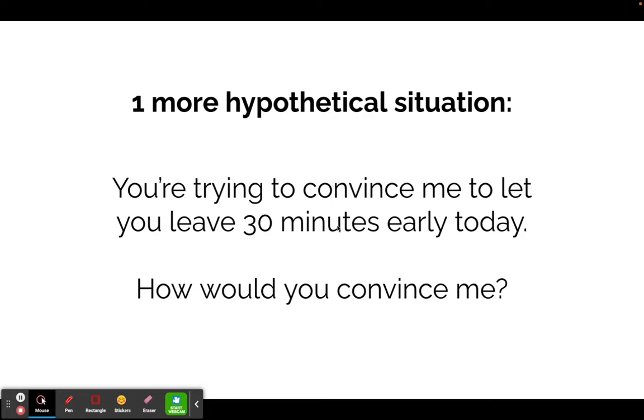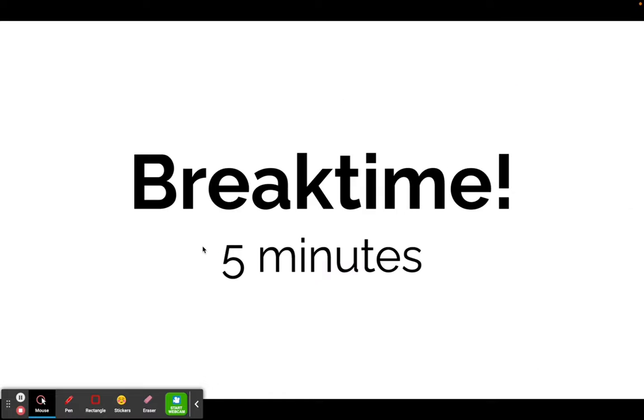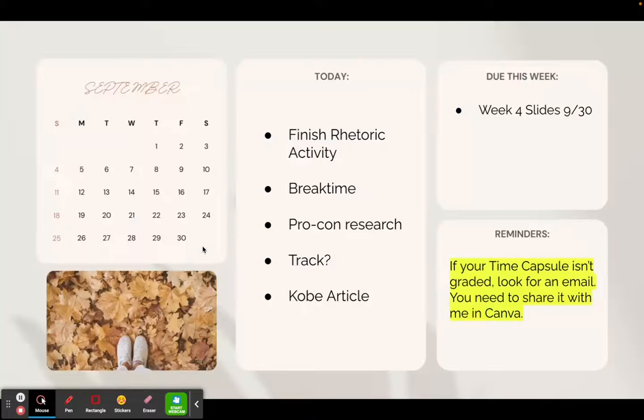And then we had a conversation using this prompt. And the whole point was to talk about knowing your audience and why it's important to know your audience and what you can do to practically write for your audience, meaning what are some specific things that you would look for or try to use when speaking to somebody in order to convince them. And then we had some more independent reading time. And then on Thursday and Friday, we